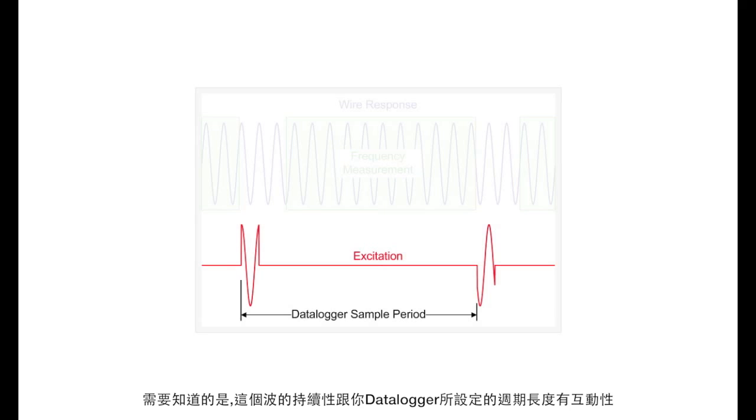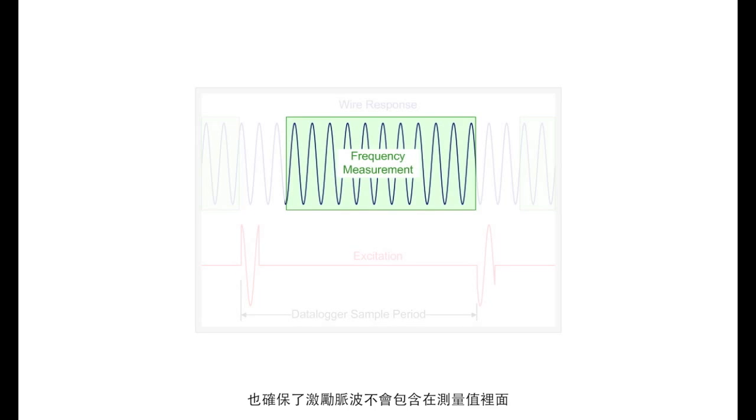It is important to note that the excitation is inserted according to the time base of the data logger and is independent of the frequency or phase of the wire. This allows us to synchronize all of the measurement channels to one another and to the scan of the data logger. It also ensures that the excitation pulse is not included in the digitized sample used for determining the resonant